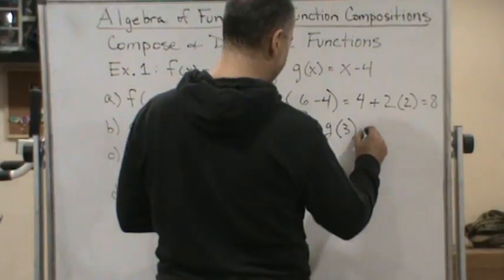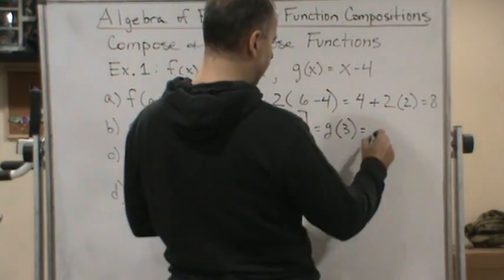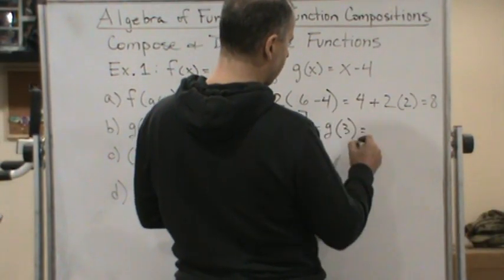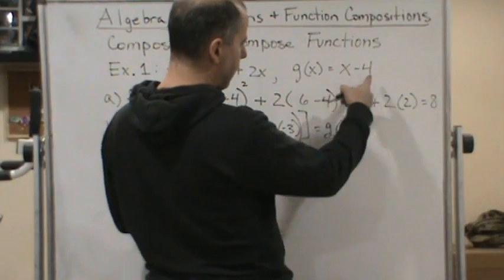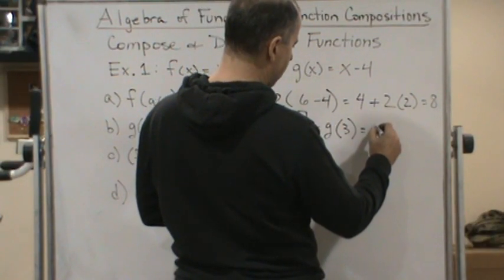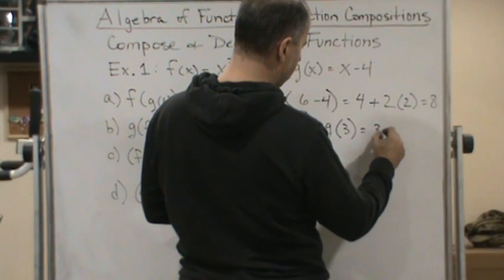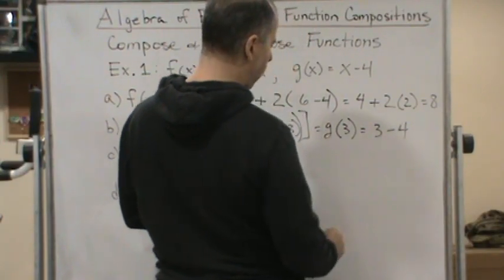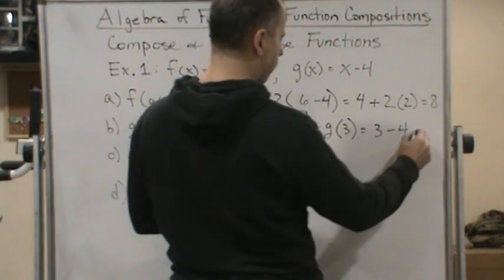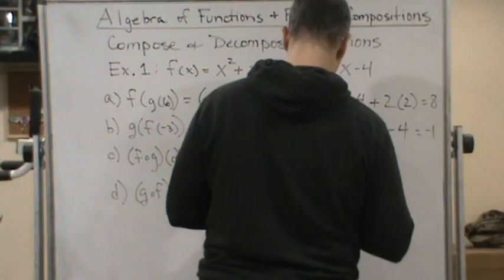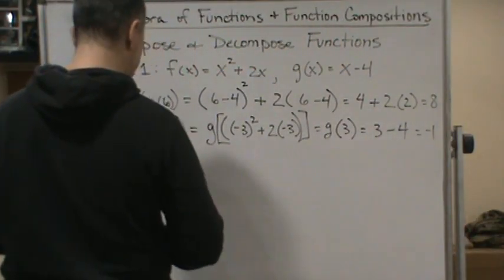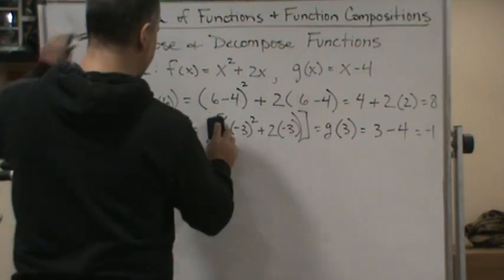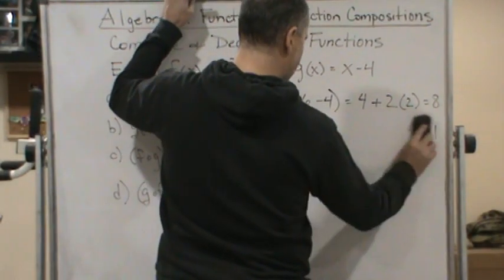Well, what's g of 3? Well, g of x is x minus 4. So this is going to be 3 minus 4, which equals negative 1. Okay? So, different ways of doing that. I prefer just to